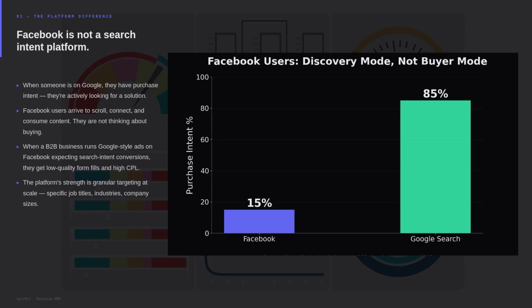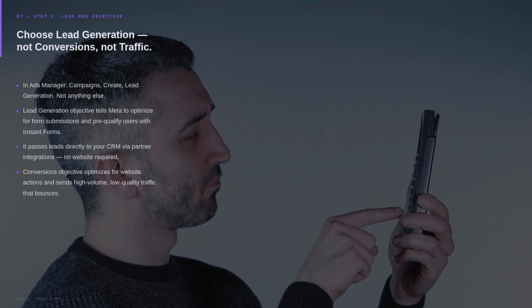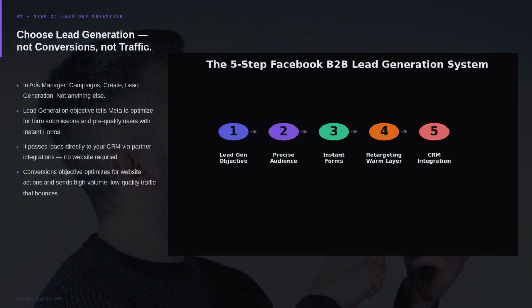Facebook is not a search intent platform. When someone is on Google, they have purchase intent, they're actively looking for a solution to a problem. Facebook users arrive to scroll, connect with peers, and consume content. They are not thinking about buying anything. So when a B2B business runs Google-style ads on Facebook expecting search intent conversions, they get low-quality form fills and